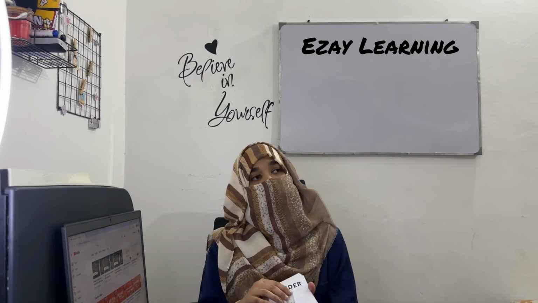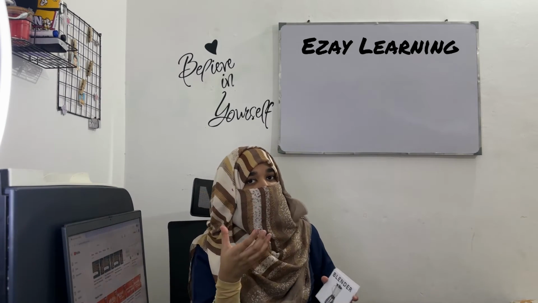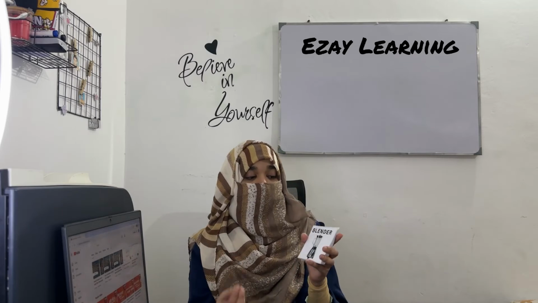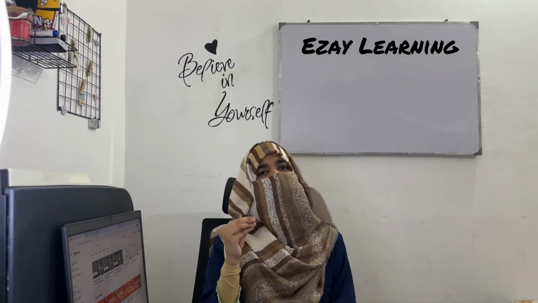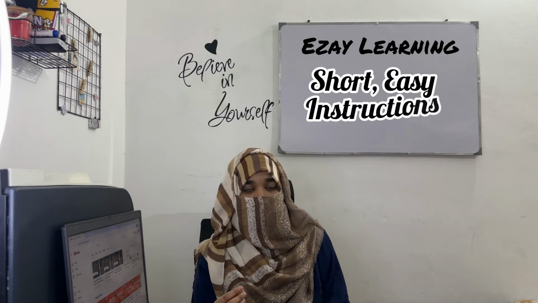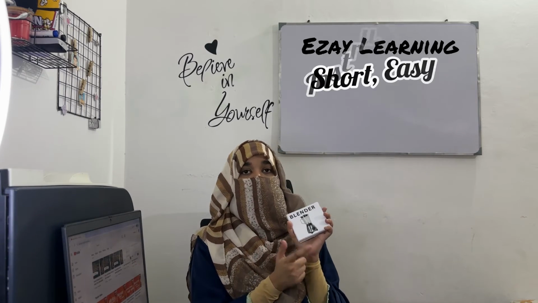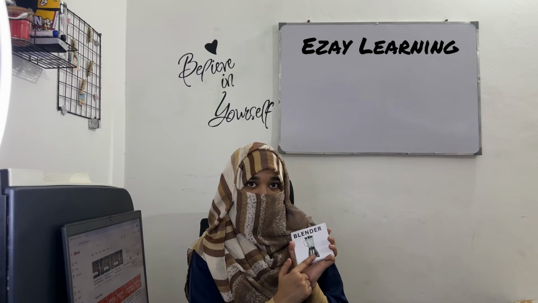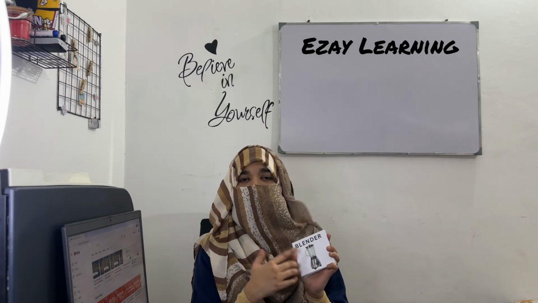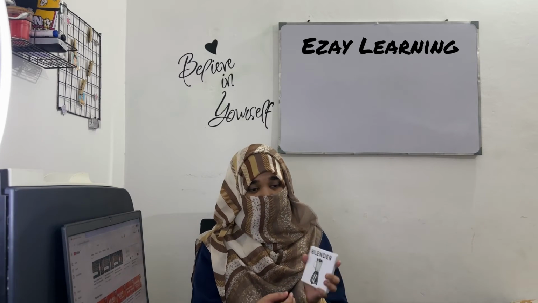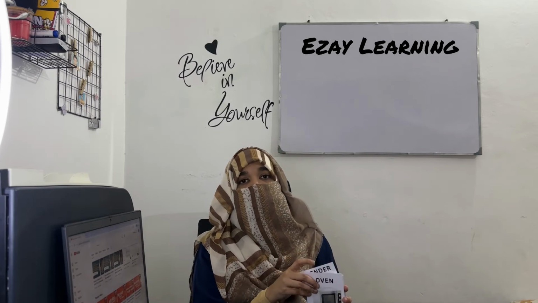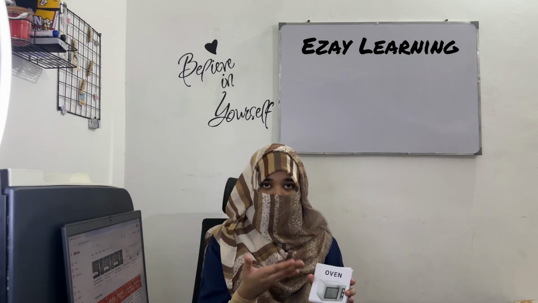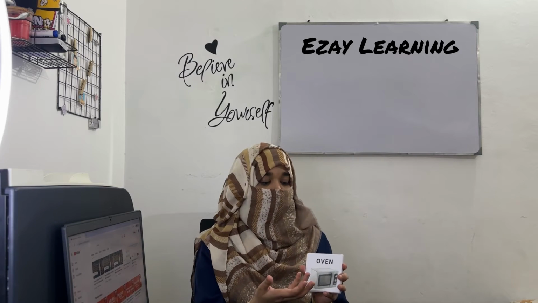blender. So what I am doing here is I am using short sentences. Maybe I can say it's a blender, or I can simply say blender. To use short and easy commands to only give the idea about the object here, instead of complicating it or confusing the child. Now that I have shown him all the cards, or maybe as per my goal or objective for that day, maybe I have shown him 10 cards.